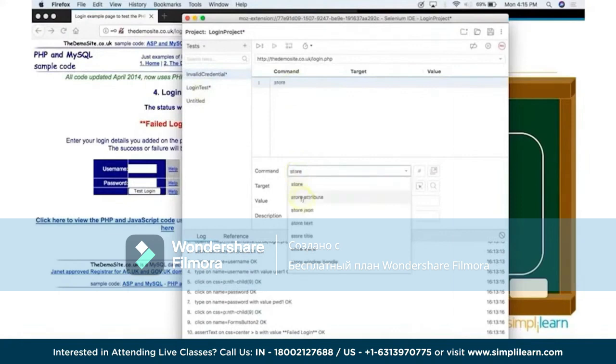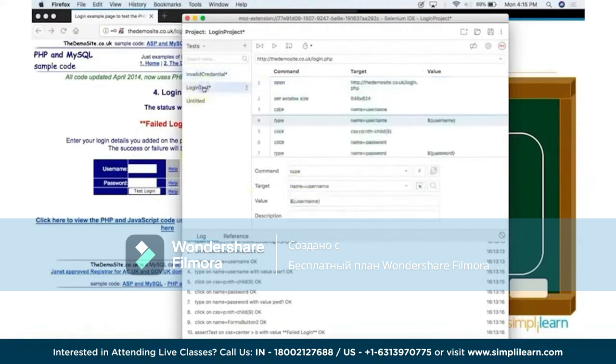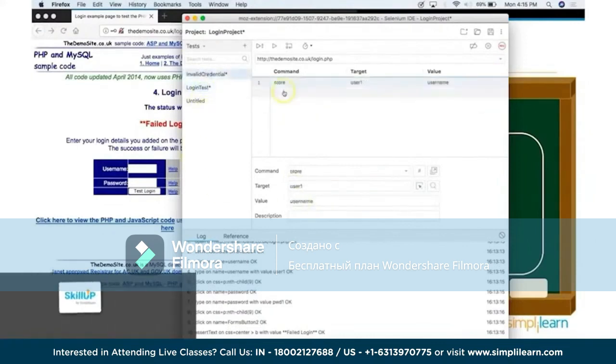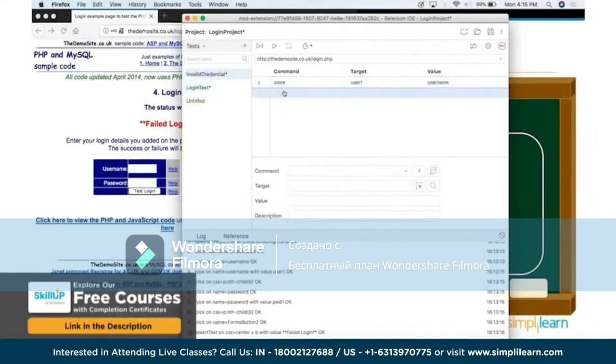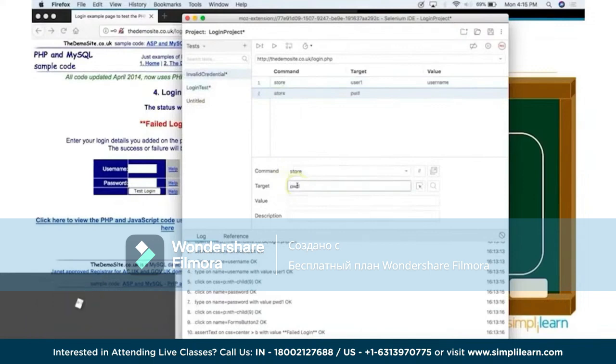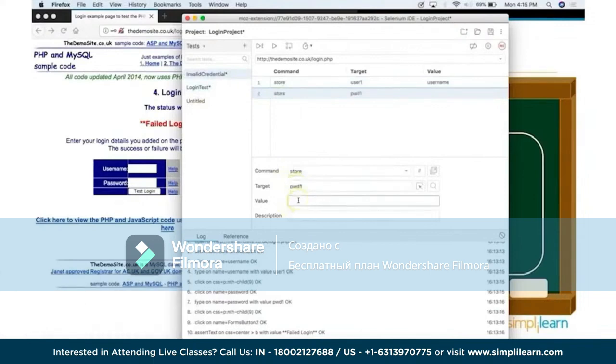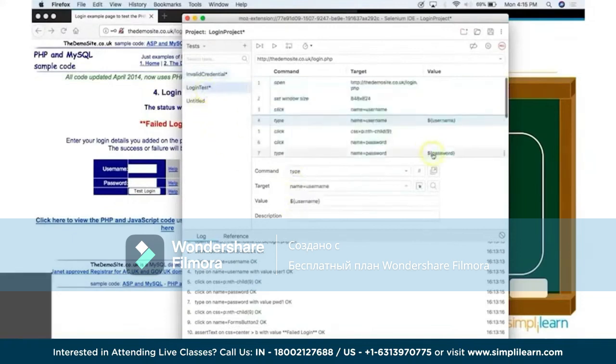So I'm going to say store, and then my target is going to be the actual value, so user1, and where is that I'm going to pass this? To my variable username. So let's just check once if the variable name is username. Yes. All right, done. Now I have done the username. Now I need to pass the password. So I'll say store the actual password, which is pwd1 in my case. And what is the variable I need to use here? I have to use password because that's the variable which we have used in login test here. And then